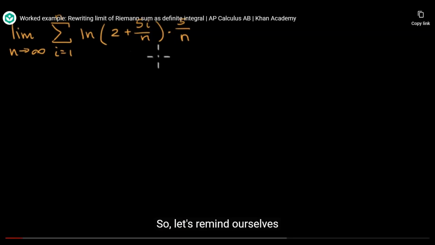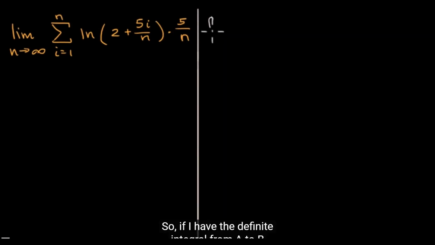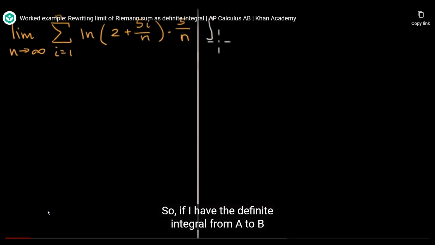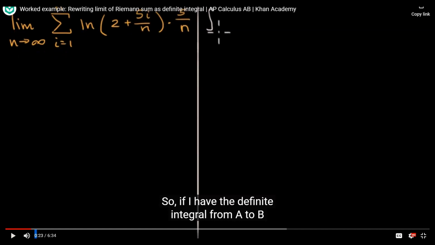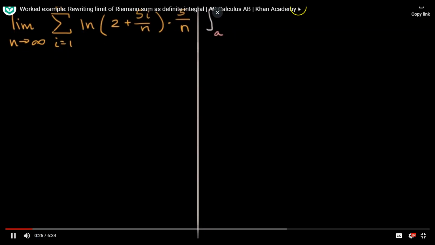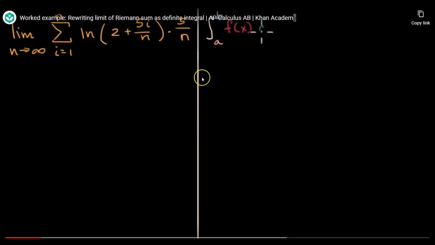So let's remind ourselves how a definite integral can relate to a Riemann sum. So if I have the definite integral from a to b of f of x dx,